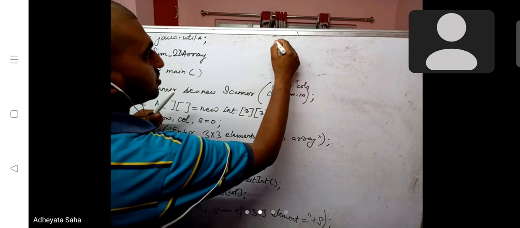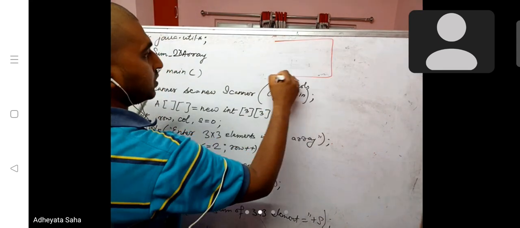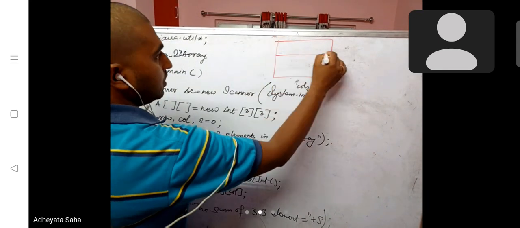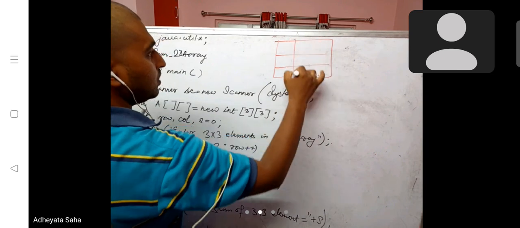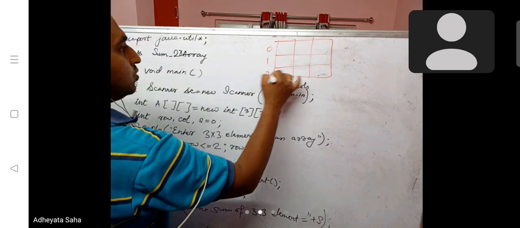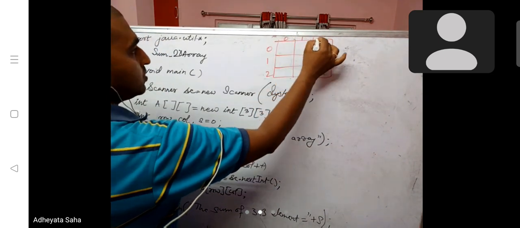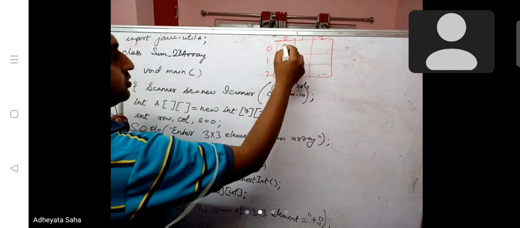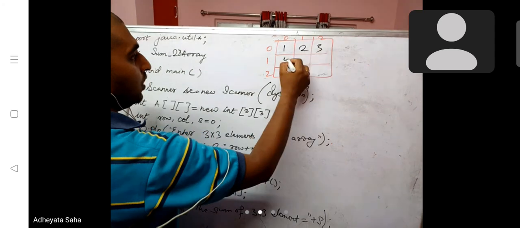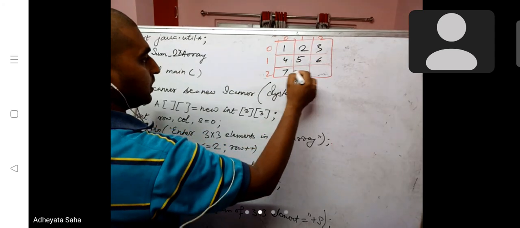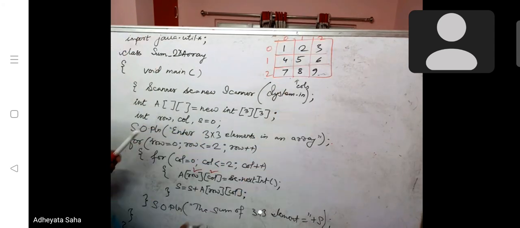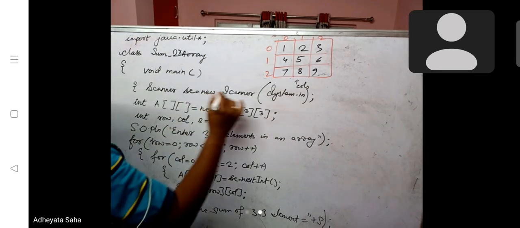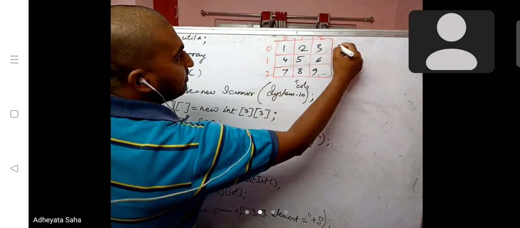So, the question is, you enter 3 cross 3 elements. We know how to enter them: row is 0, 1, 2 and column is also 0, 1, 2. Suppose you have entered the values 1, 2, 3, 4, 5, 6, 7, 8, 9. You can give random values also, no problem, any values. But the question is saying find the sum